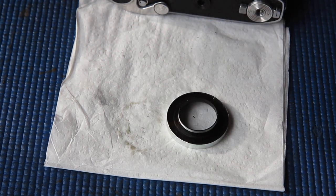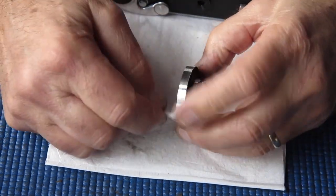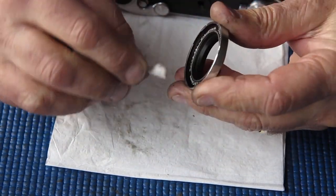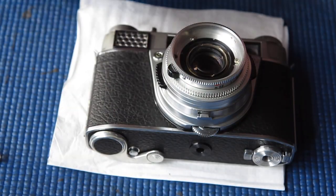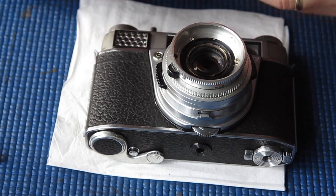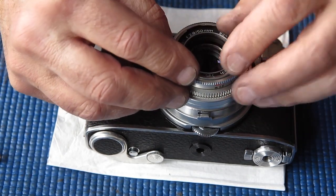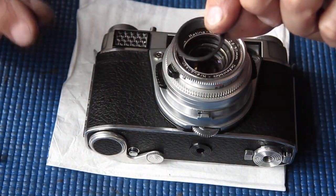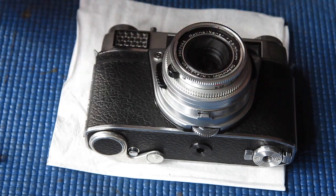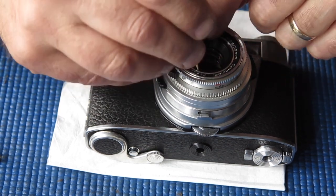We have this filter mount name ring to go back on. So I'll just give that a quick wipe. There's not much to see here. It only goes in one position. It's got a small tab on it which goes into a little recess in the front of the lens here. And it's held in place with this conical retainer, which can be fun to get started,